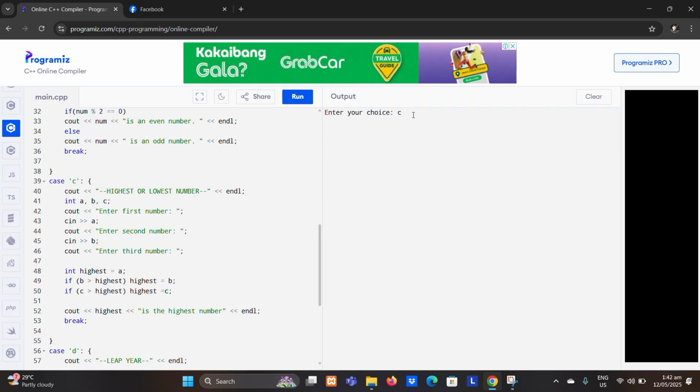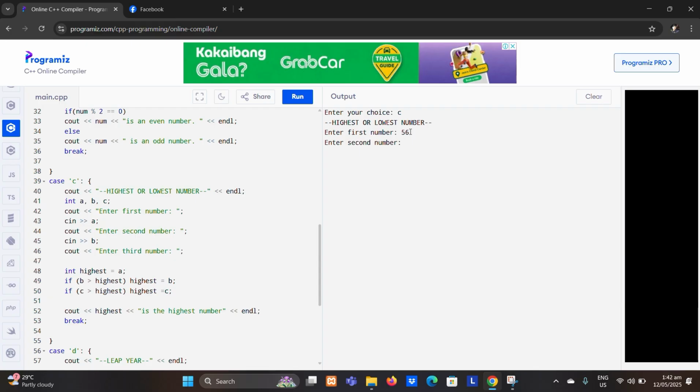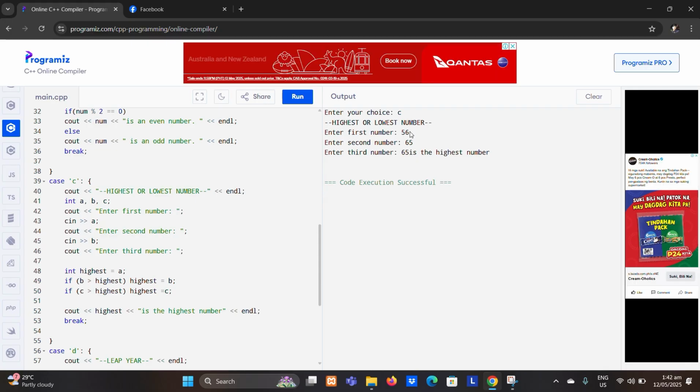Then I'm going to put letter C. Then the sample is 56. Then the second number is 65. Enter third number. 65 is the highest number.